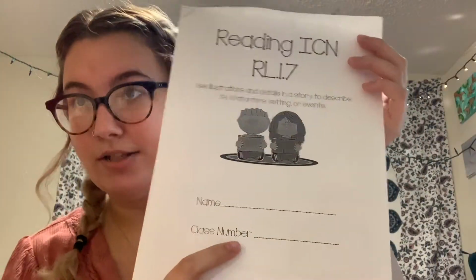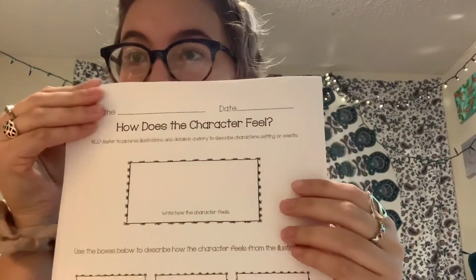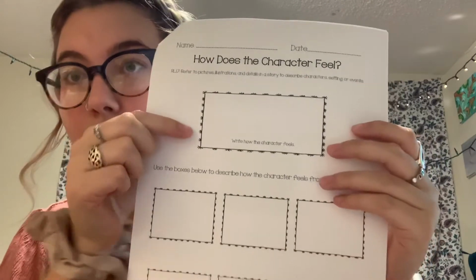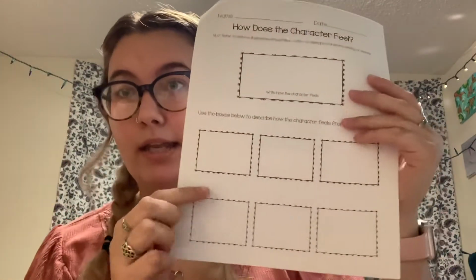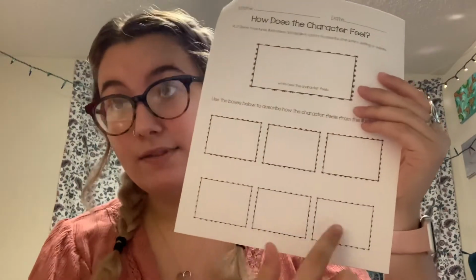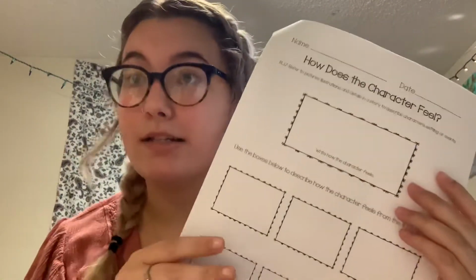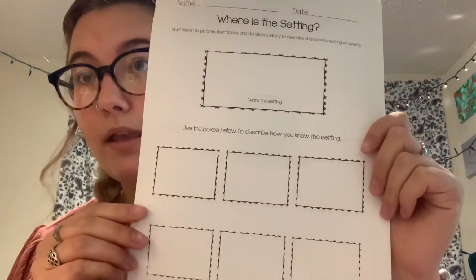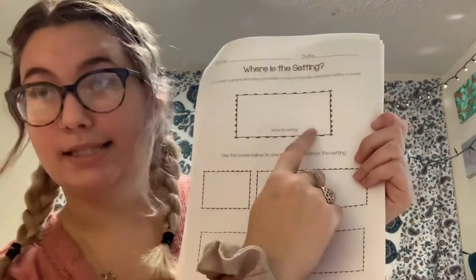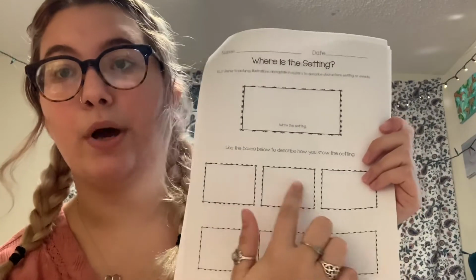It's really cool. You put the name and then your classroom number, and then they have the how does the character feel, and in this one you write a big word of how they feel and then more adjectives down here to describe how they feel, going based off of the pictures in the book. They also have a where is the setting, and then in this you write what the setting is, and then you describe in these boxes how you know what